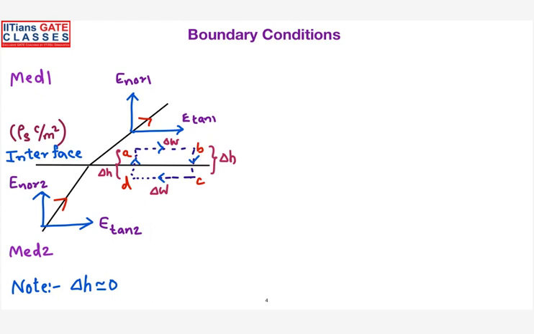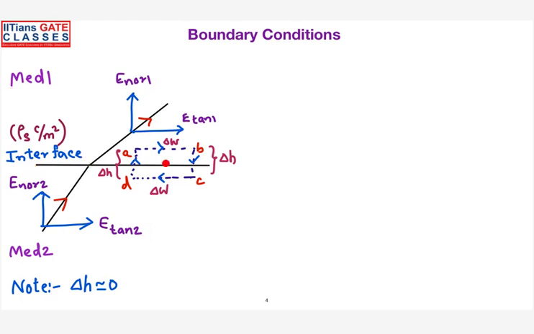And we'll try to move on to the next new concept, that is the boundary conditions. So this is also a very, very important topic for the GATE. So what does the boundary condition say here? So you can see here, this is an interface. So interface is the one which is separating two different mediums. So below this interface, I had a medium 2 and I had medium 1. So the medium 1 and medium 2 can be of different types. So it can be free space, dielectric, or conductor, or a combination. So one will be free space, other one will be dielectric. Or one will be free space, the other one will be conductor. Or sometimes it will be both dielectrics.